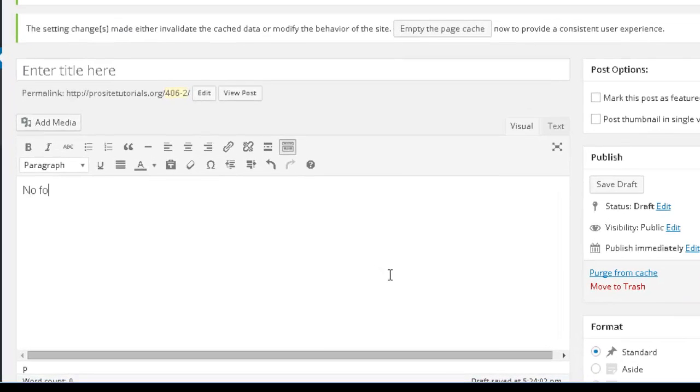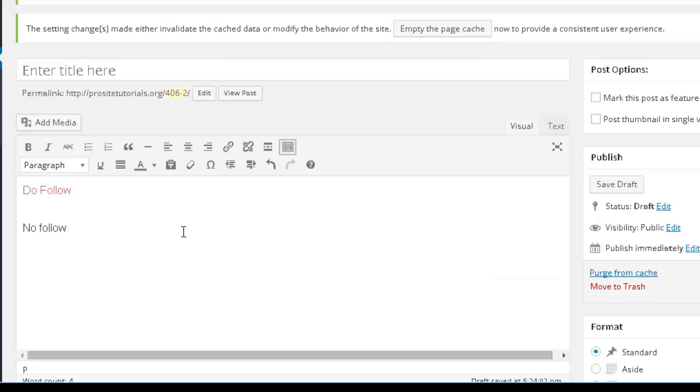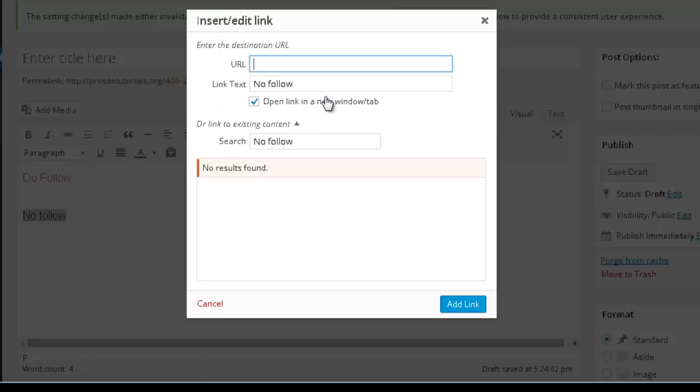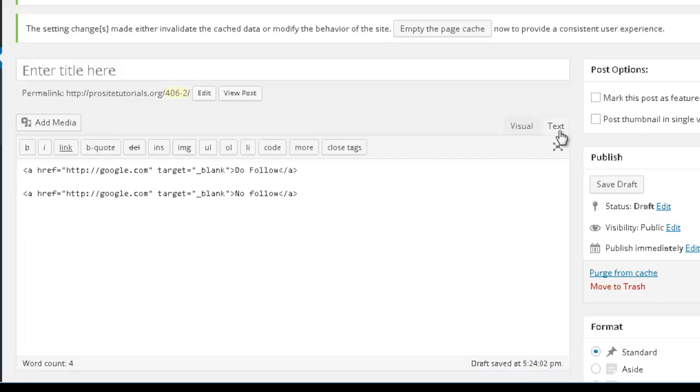I'm actually going to create over here nofollow and DoFollow. So you simply select and basically create a normal link. I'm going to create a normal link to, let's say, Google, and just leave it this way. And over here below, the same thing. So this one, the first one, I want to do a DoFollow,